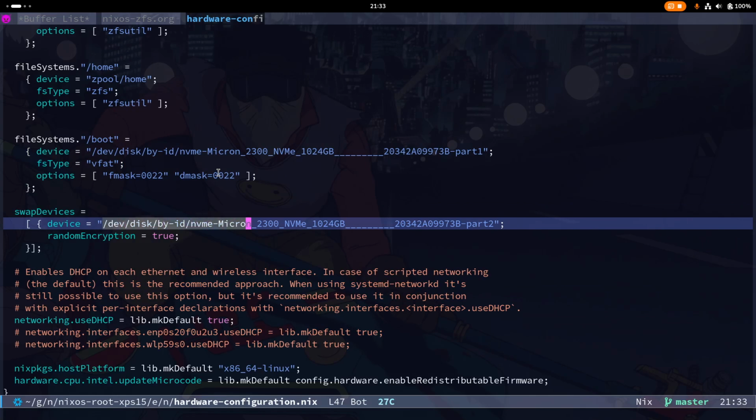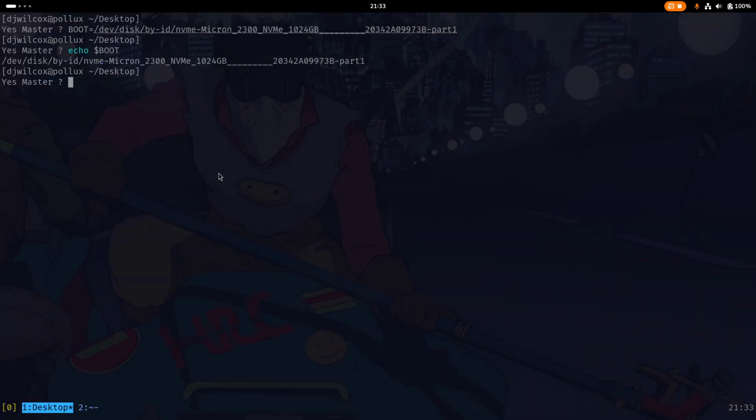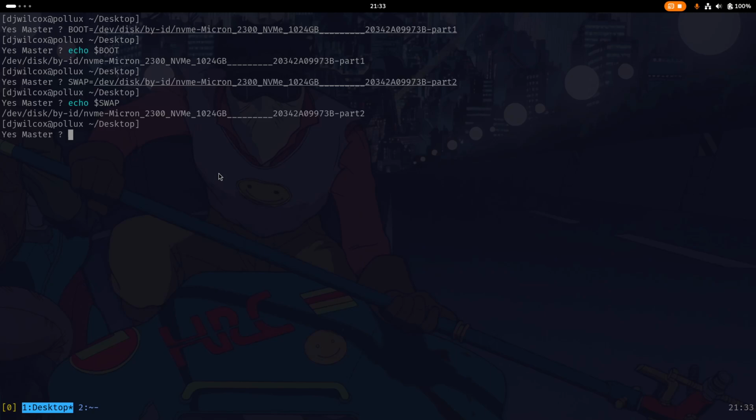It will all make sense in a second, right? And that was swap. So swap equals that. Echo swap. So you can see that